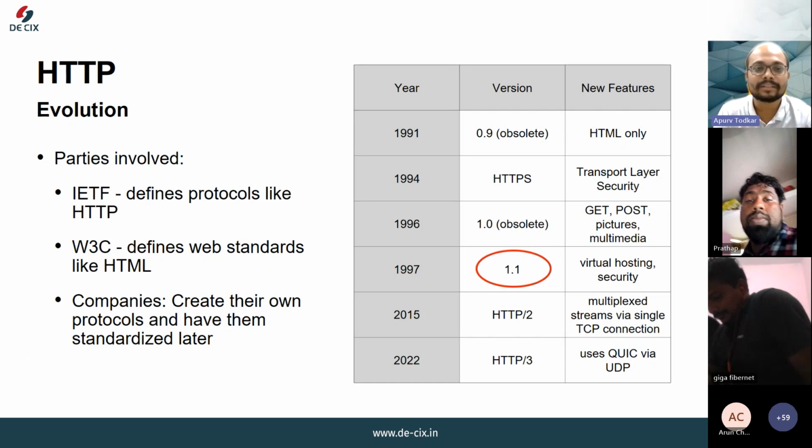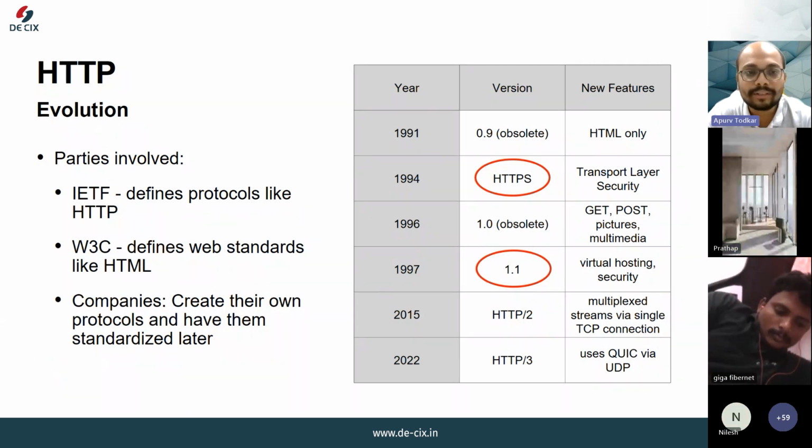The development of HTTP involves several parties like the IETF, which is the Internet Engineering Task Force. They take care of the protocol itself. Then we have the W3C, the World Wide Web Consortium, which takes care of the page language, that is HTML. And various companies created their own web browsers and developed their own flavors of the protocol, which